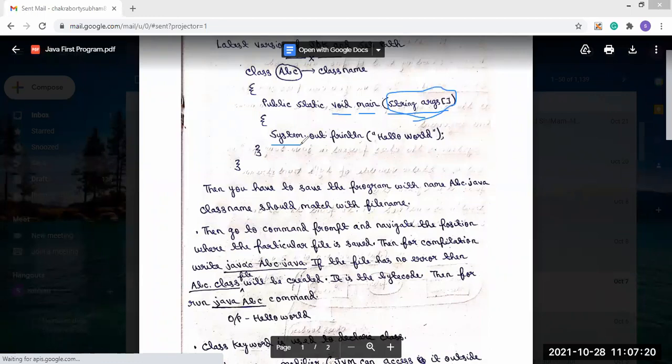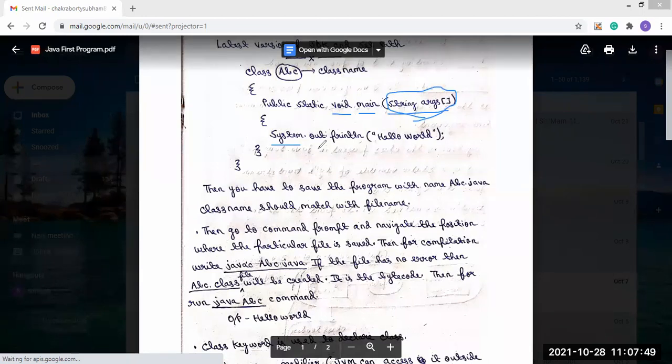So this System class is present in the java.lang package. The package name is java.lang, and inside this java.lang package, the System class is present. Okay, so System is the class, and out is what?